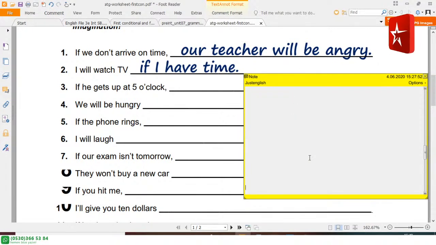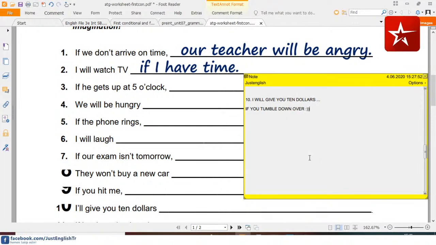Let me ask you to write the correct idea. I will give you $10 if what? If you tumble down over. Okay, that is the funniest comment. If you tell me the secret of how you were successful. If you tell me the secret of